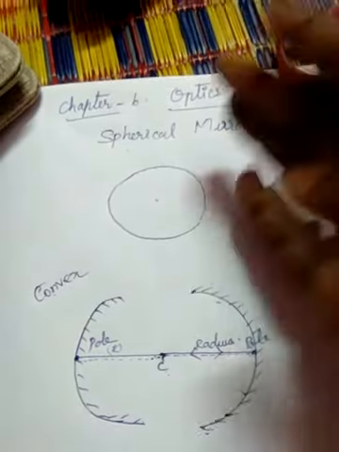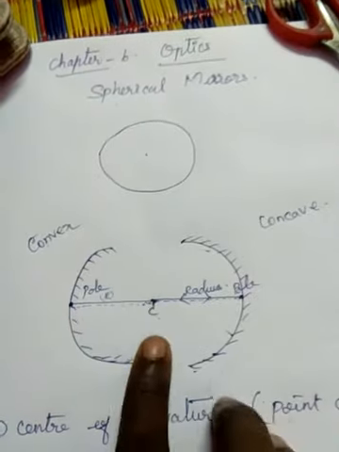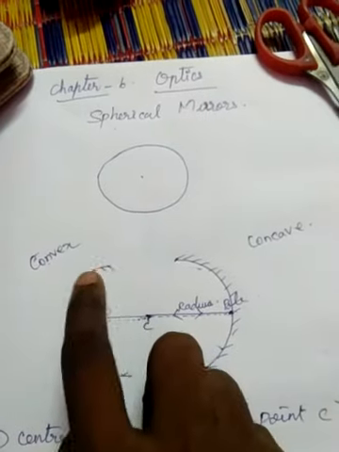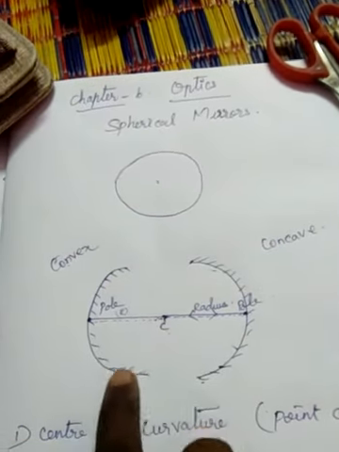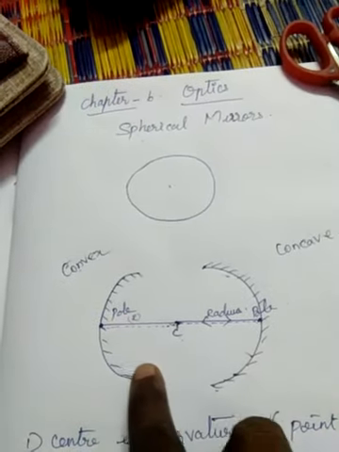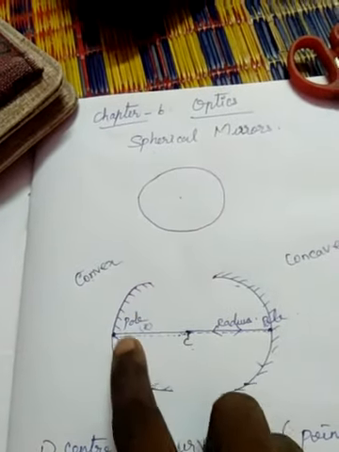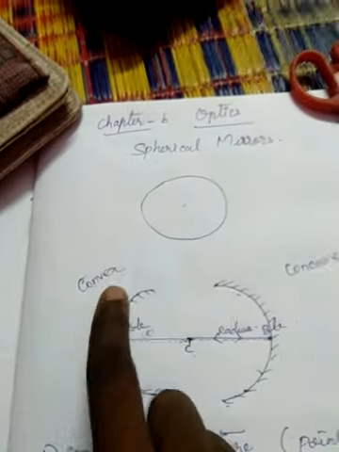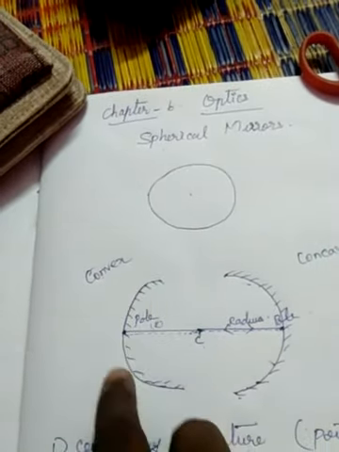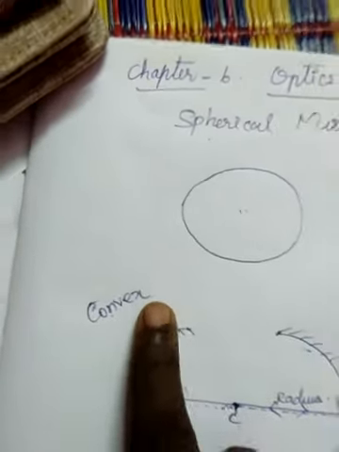Now we cut it into two portions, one on this side, another on this side. Inside, I put some lines. Why am I putting these lines? Because this portion is not reflecting. It is not a shining surface. The back side is the reflecting surface. This type of mirror is called a convex mirror.